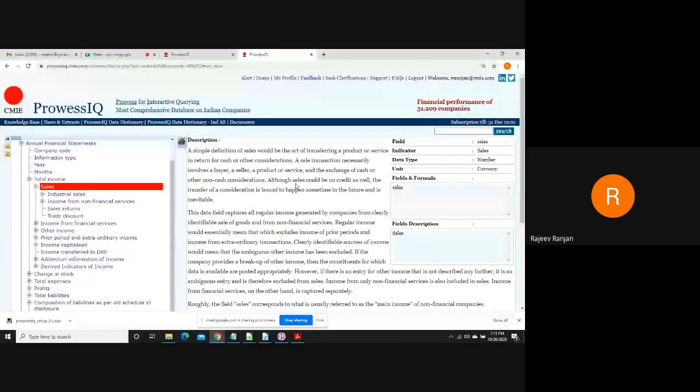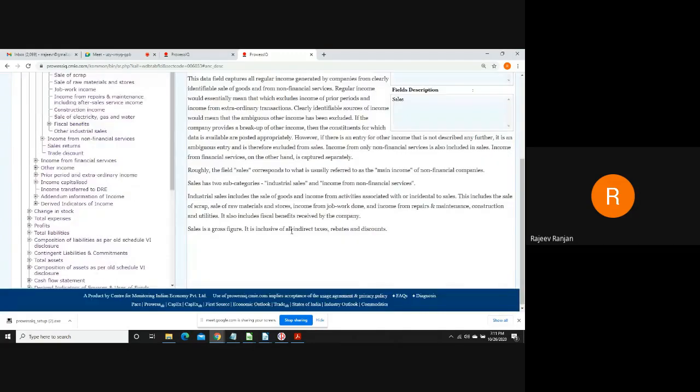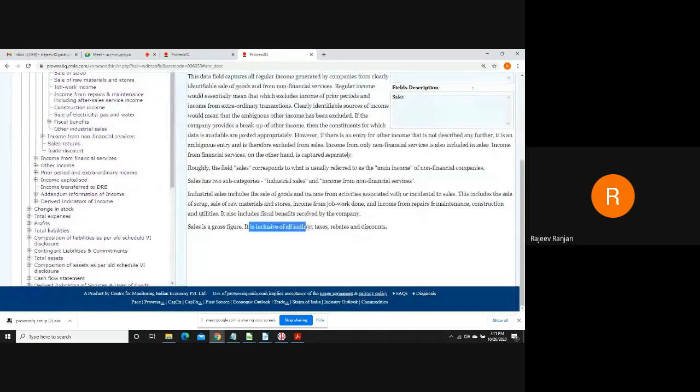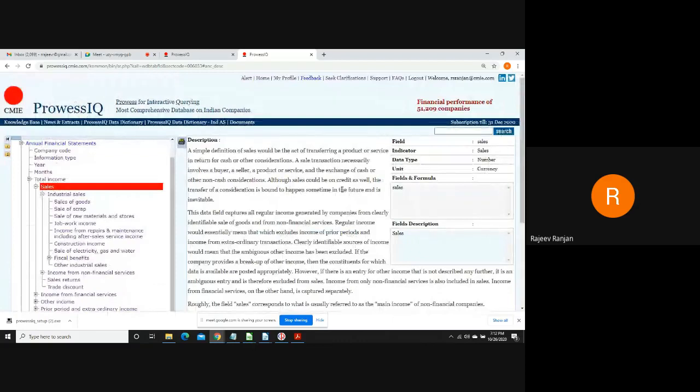Users who have not used Provis in the past might worry that the information coming from Provis is not correct. Hence it is important that these definitions can be seen, showing how information has been calculated in Provis. Like sales is a gross figure which includes all indirect taxes, rates, rebates and discounts, but does not include prior period and extraordinary income, which is non-recurring in nature.